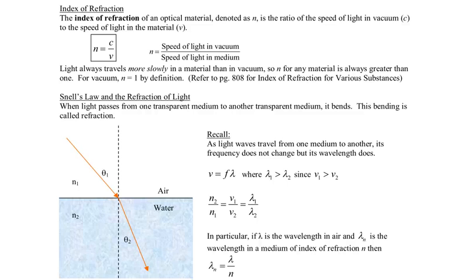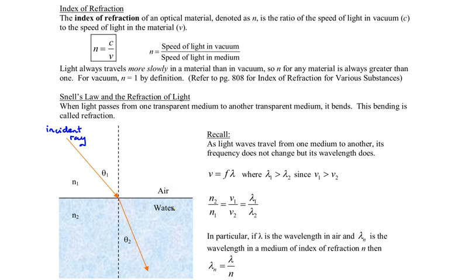In the last chapter, we focused on the reflection of light. Now we're going to be looking at what happens when light passes from one transparent medium, such as air, into another transparent medium, such as water or glass. When an incident light ray strikes a smooth boundary between two transparent media, such as air and water, you will